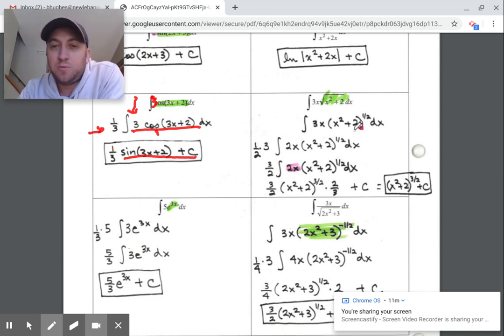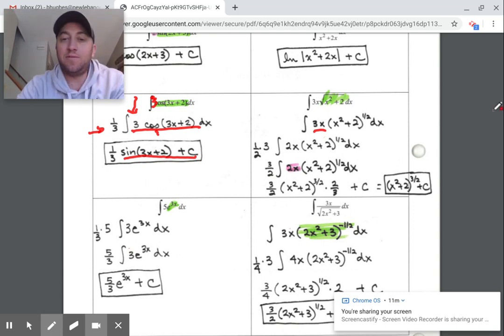So this next one, I have the integral of 3x times x squared plus 2 to the 1/2 power. So do I have the derivative of x squared plus 2 showing up in my integrand? The derivative of x squared plus 2 is 2x. I have 3x. I need it to be 2x. So what I can do is I can take the 3, I'm going to move it out front, and then